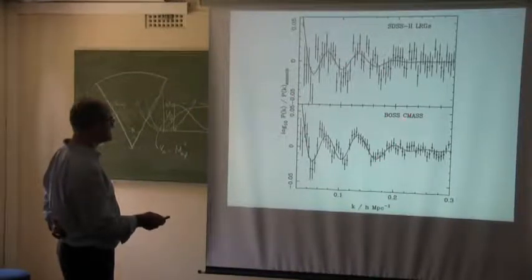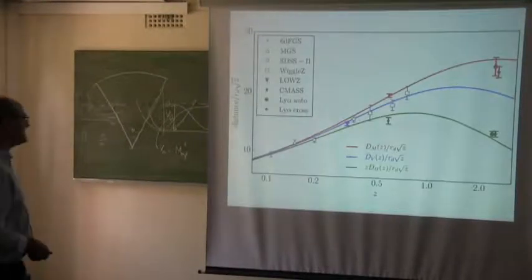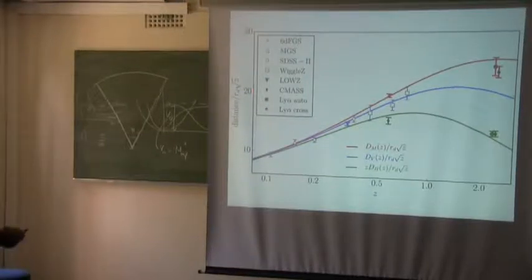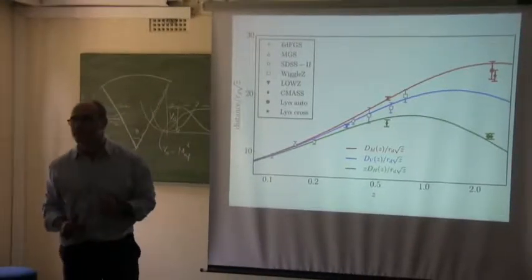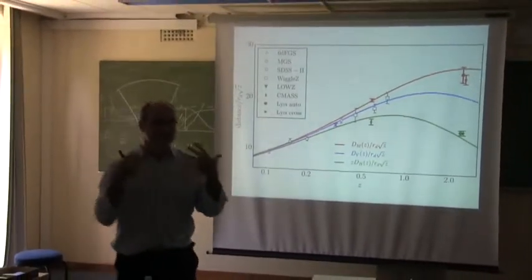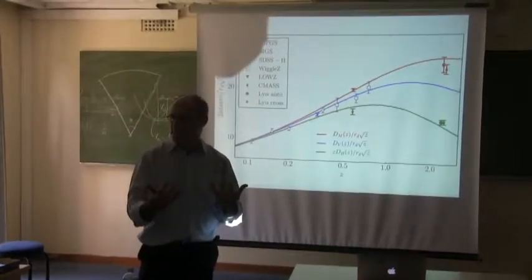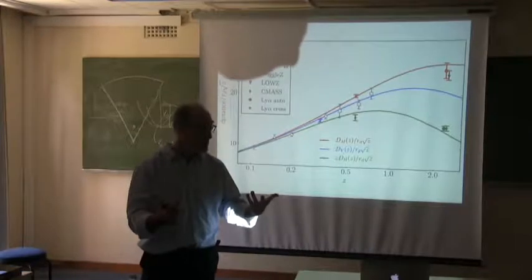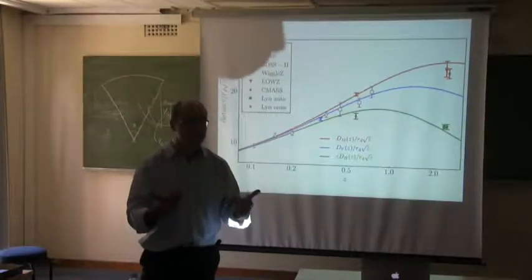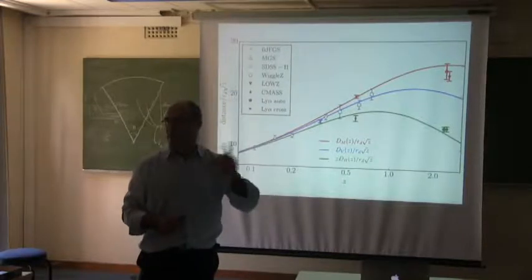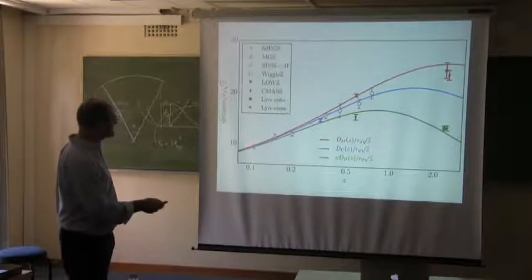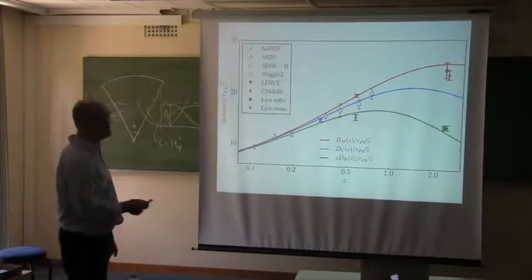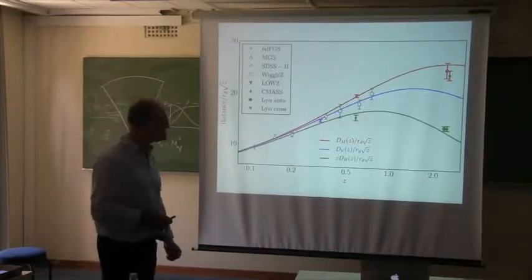Now we have with BOSS, this is DR11, so with DR12 it's even better, a very clear indication of the baryon oscillation. And this allows us to, as a function of redshift, determine the distance. So here we have a standard ruler, and this is what we're going to use in order to test modified gravity. Okay? So if gravity does not behave in the way we think, like through general relativity, but it has a different component, or it has much more complicated nonlinear terms, it will change the rate at which the acoustic oscillation scale will evolve as a function of redshift. And we will be able to tell apart from observations whether indeed we still have general relativity or not.